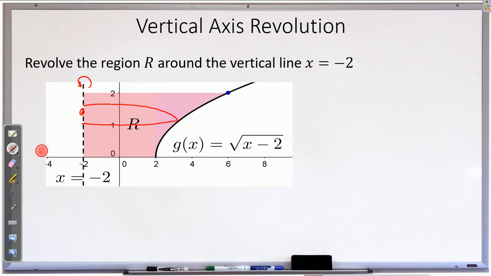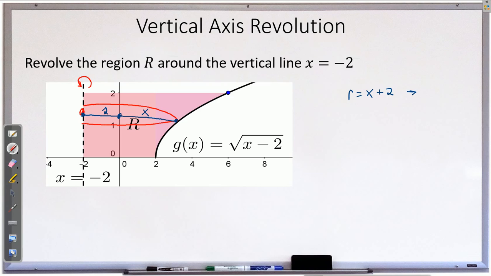So our question is, what is the radius? What is that distance? Well, the distance from here to here is x. That is our x value. What is the distance from here to here? Well, that is always going to be 2. So you are going to add those two together, and your radius becomes x plus 2. Technically,